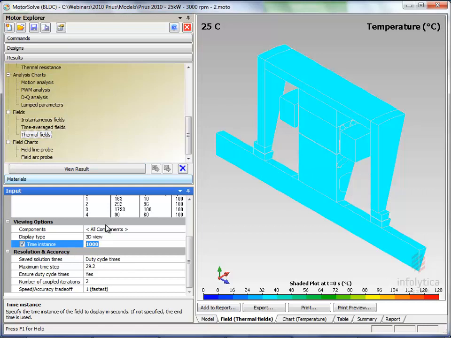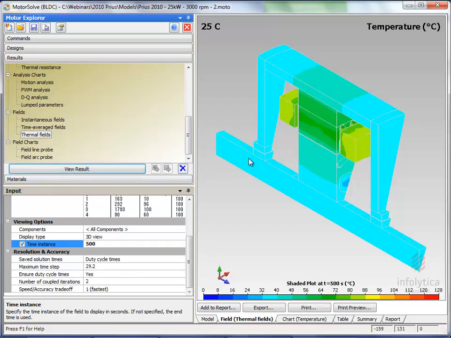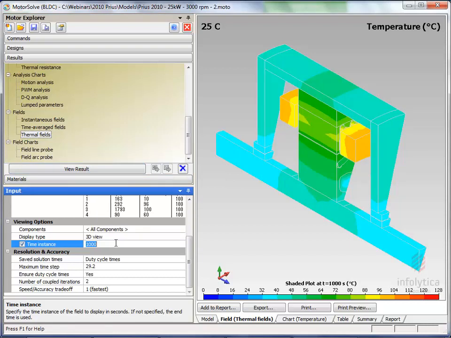So now if we go 500 seconds into the solution, you can see that the winding has started to heat up, and you have a distribution of hotter temperatures in the end winding. If we go to 1000, you can see further